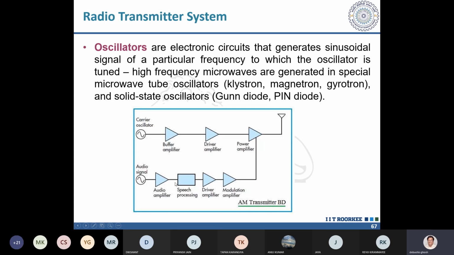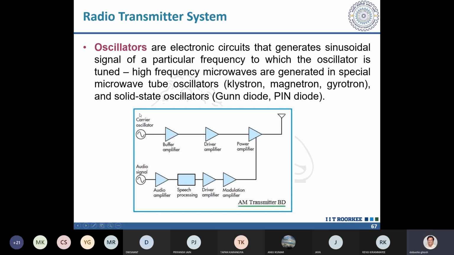I may do some noise removal or something. That is up to the broadcasting station to do. Okay, sometimes they add up music from different instruments and all these things. Then you're singing and all these things. All this processing is done. I have just put it in one block. So basically, it is the place where you are just adding up music from tabla, music from your violin, music from your keyboard. All these things are added up, and then again you have one amplifier. So these are some basic things you are doing, and then again you are amplifying. So basically, just to boost up the signal, you are amplifying.